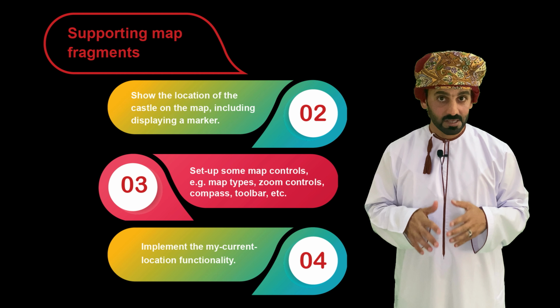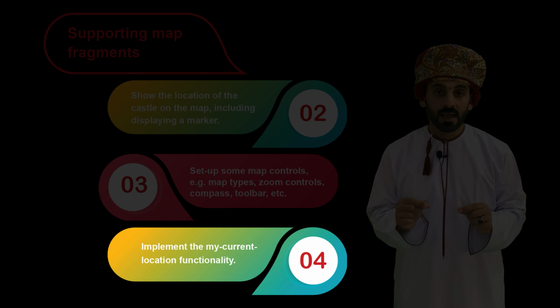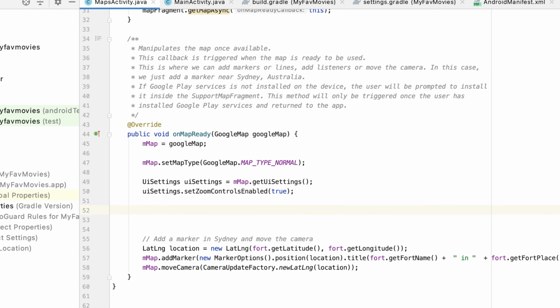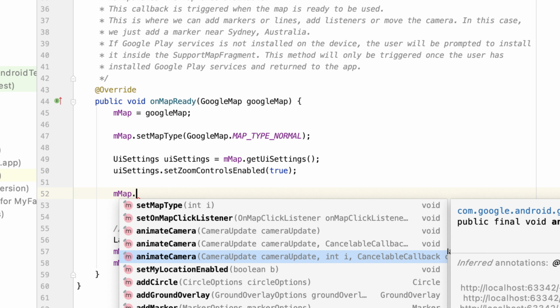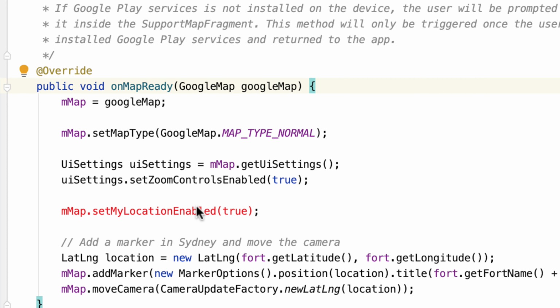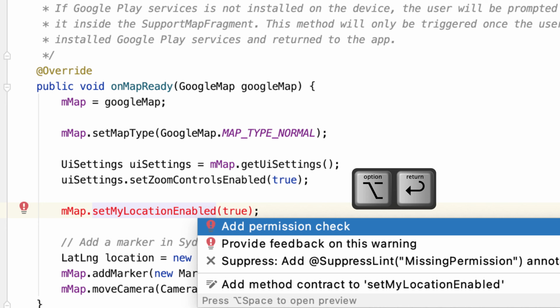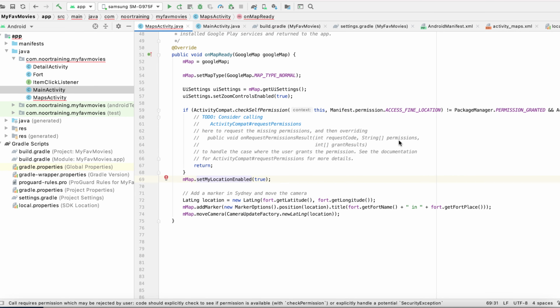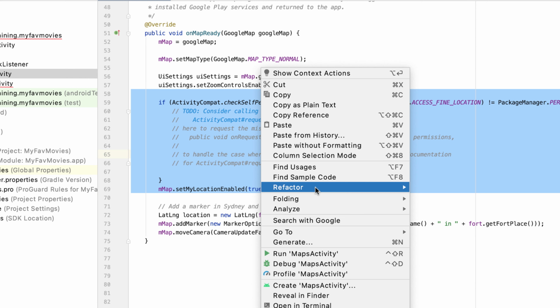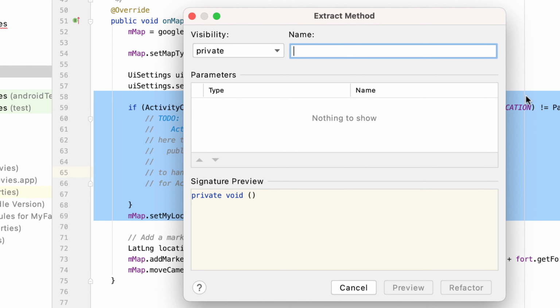Step 4, implement the my current location functionality. Next, let's now enable the my current location feature. So let's have in map dot set my location enabled, and let's pass true into that, and immediately, as you can see, we have everything in red. And so, as always, let's try to correct this using Alt and Enter, and let's add the permissions check, and there we are. And let's extract all of this into a method, so refactor, extract method,